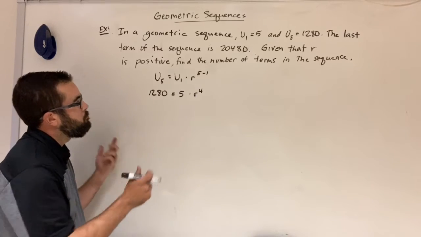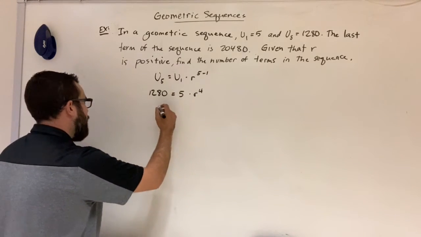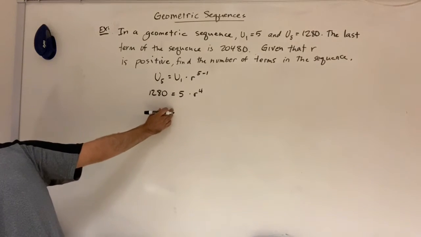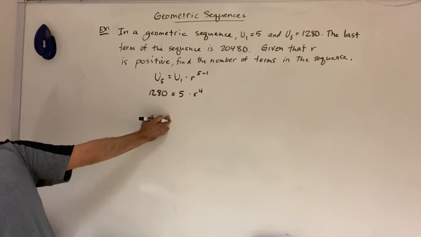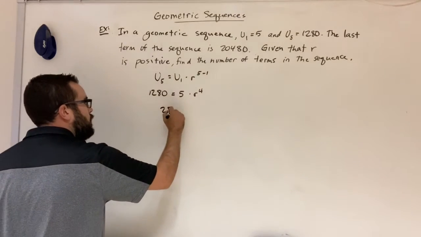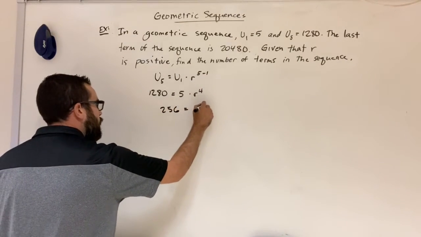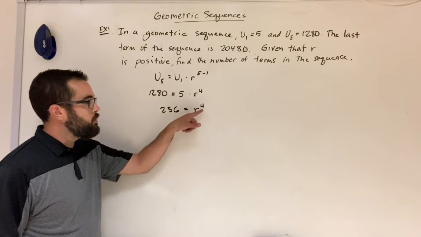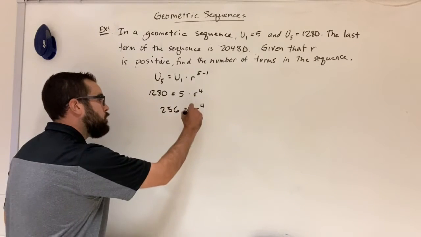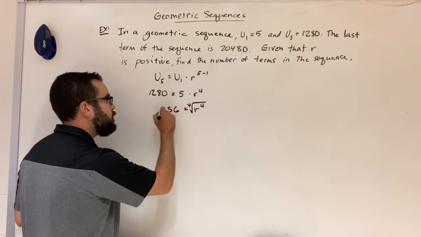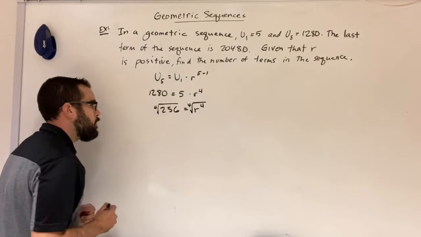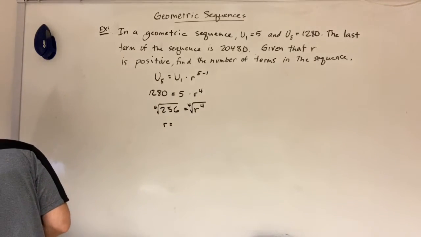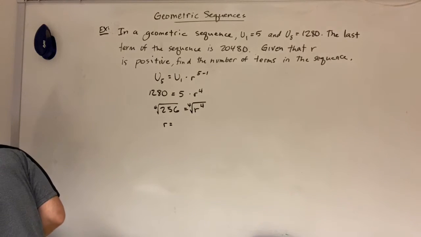Okay, so solve for R. So we divide by 5, and that number is 256. Then to solve for R, since it's raised to the 4th power, we need to take the 4th root. Which R is equal to